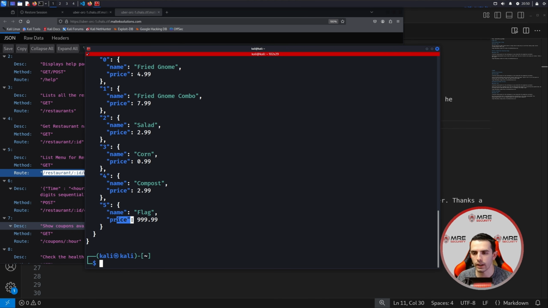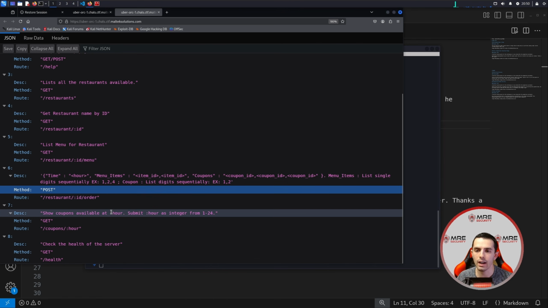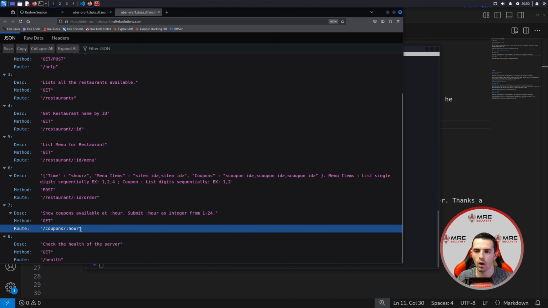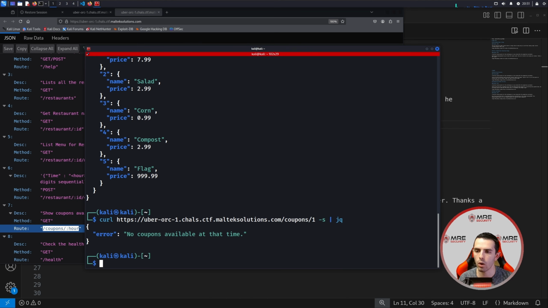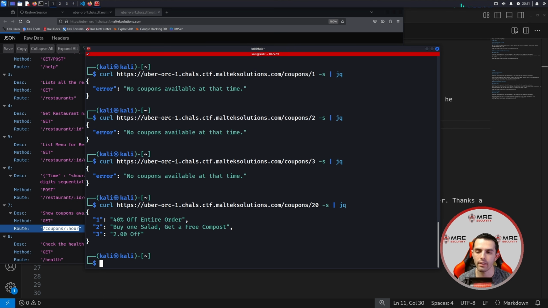And the first thing that we're most likely going to want to do is look at the different kinds of endpoints that we have. And we can see that there is a coupons endpoint based on the hour. So submit an hour as an integer from 1 to 24. So we could take on this coupon endpoint and see what we have to offer. Head back on over to our command, and we'll just modify the endpoint to say coupons hour, and then we'll say, let's see, 1. It looks like there's no coupons available. So once we hit the 20th identifier, so the hour 20, we can see that we do have a $2 off coupon, and it looks like it has a value of